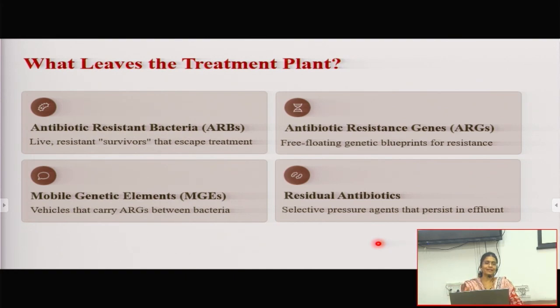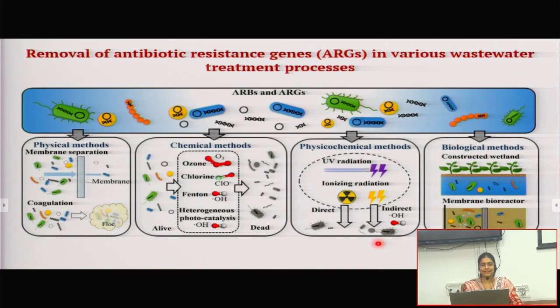Because we are dealing with AMR and we've been talking so much about the bacteria, but in the very first introduction class when I asked you, you all were talking in terms of antibiotics. Now the whole thing has shifted and we're talking more in terms of genes and bacteria. It's good to know that there's an evolution, but we shouldn't forget the cost for that also. So what are the various options we've got in hand? Clearly, a simple activated sludge process is just not designed for this. It will not do anything for removal of ARGs, ARBs or any of those things.